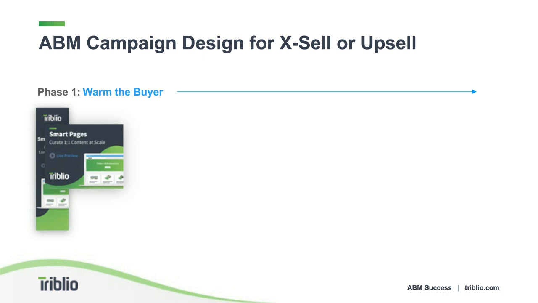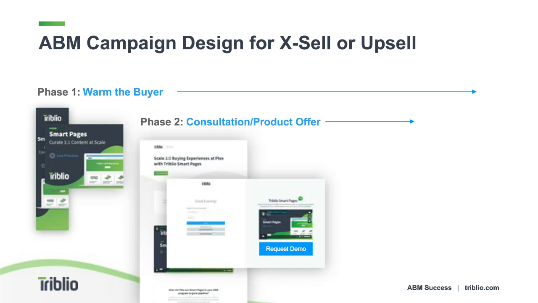You're priming the pump, if you would, related to the need for that product or service offering. And you also want to reinforce that by using personalization to feature those content pieces prominently on your website or blog. And then in phase 2, after you expose the need, you want to then provide a consultation event or product offer